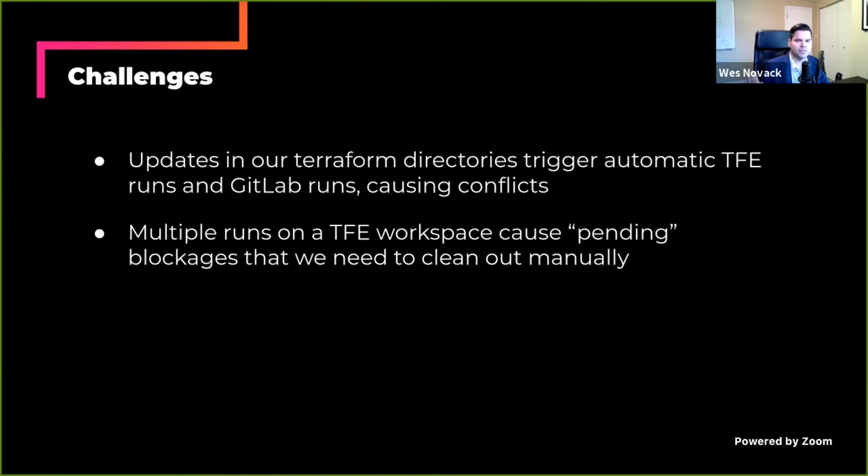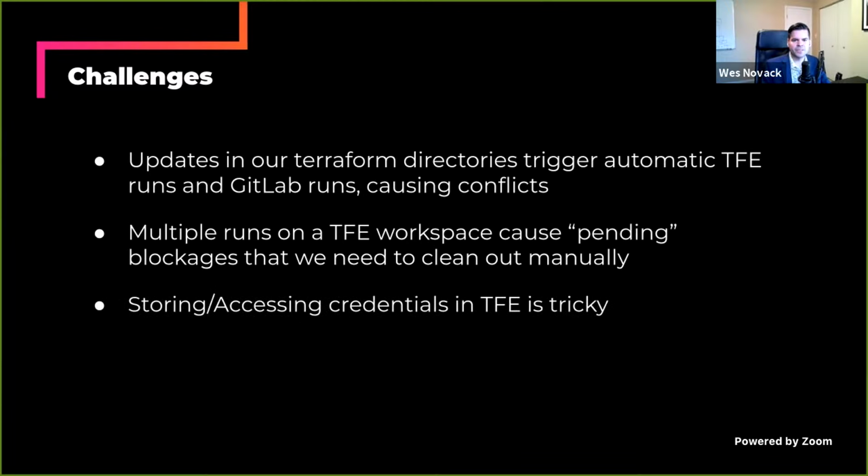The alternative, and what HashiCorp Terraform recommends, is that instead of configuring a VCS on your Terraform Enterprise workspace, you can simply package up all of the Terraform that you want to execute into some kind of archive and then provide that to Terraform Enterprise when you make the API call. That's just something we haven't explored or tried to do yet ourselves. So that's one possible workaround.